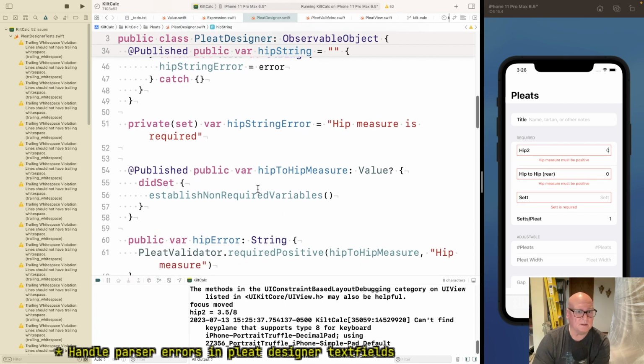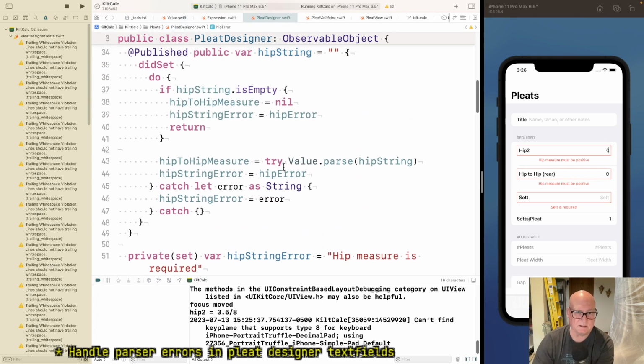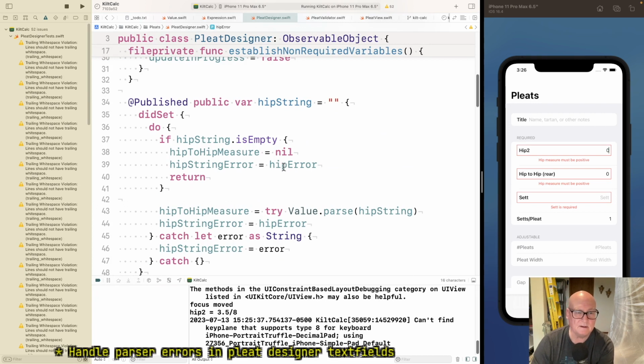So we go on to the hip to hip errors, which checks that it's positive. In effect, we've already checked that it's required. And I don't know if that's terrible.